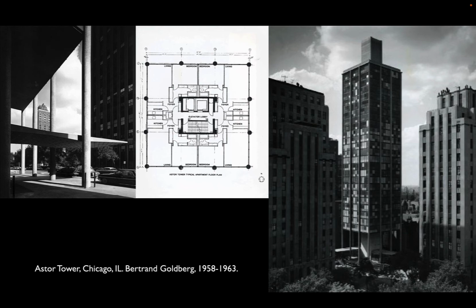His earliest skyscraper was this one, Astor Tower, where, as you can see, it is as tightly planned an apartment floor plate as you can possibly get. And it relies on the shear walls in the core for all of its stiffness. To make sure that every apartment had views, Goldberg basically doesn't build the first 5 stories of the tower. Right? The core just rises up, and the lowest apartment floor is actually above the 4-story row house to its